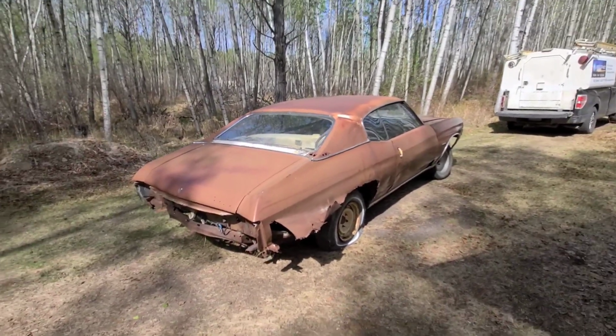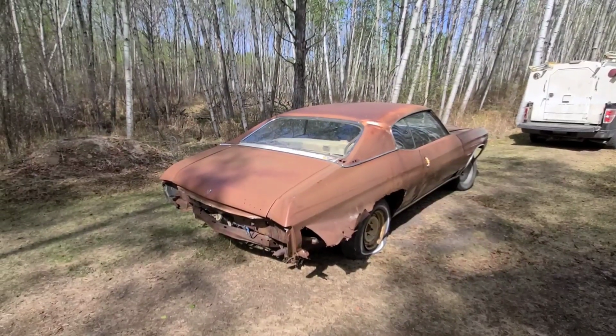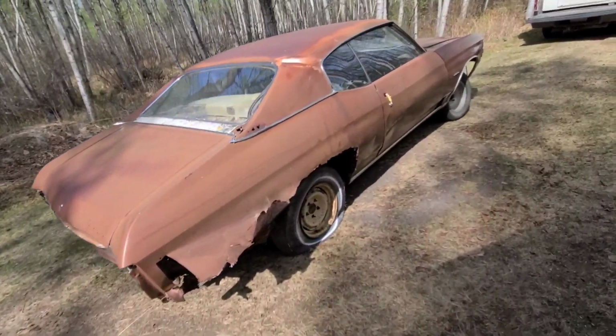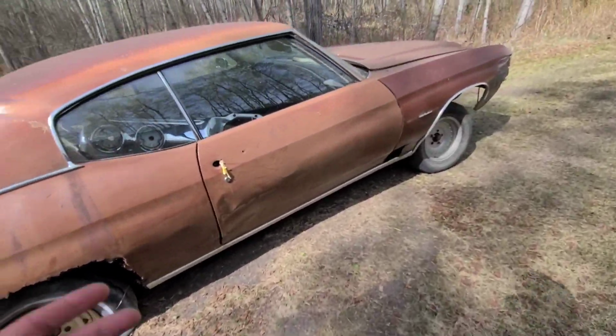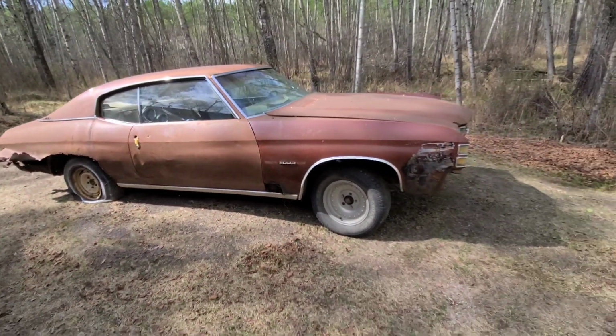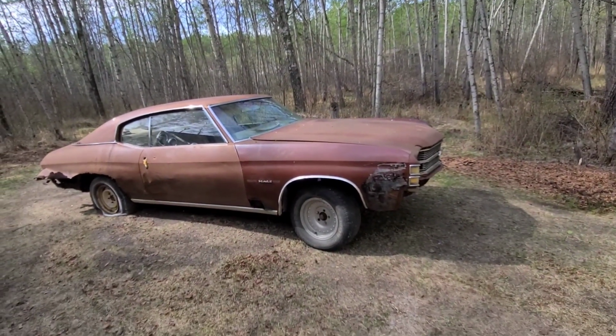Even looking at it here too, a sunset pearl orange would look really nice on this car too. Pearl orange would be really nice on it as well. Even just a standard red looks nice on this. Black would look good on the car too, but what I don't like about black is it hides all my